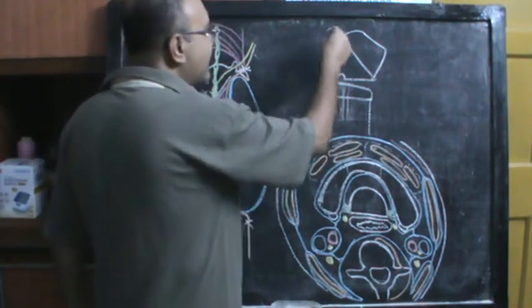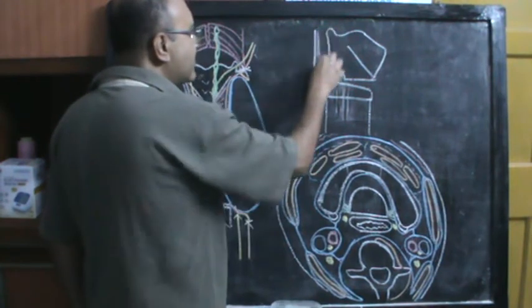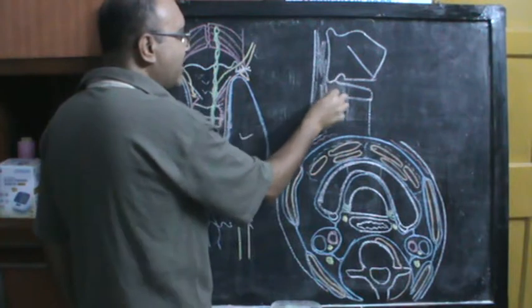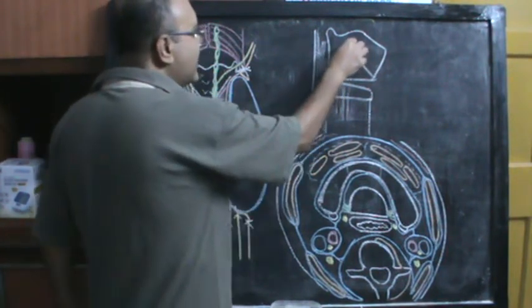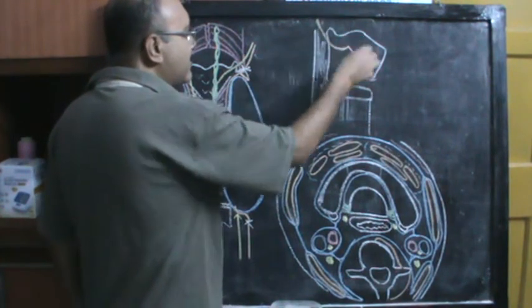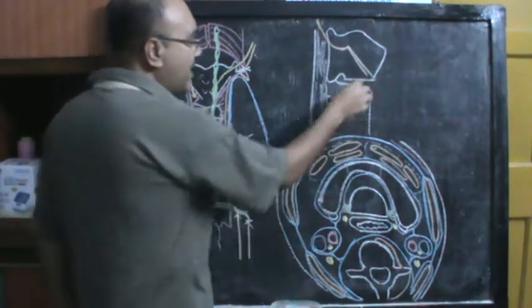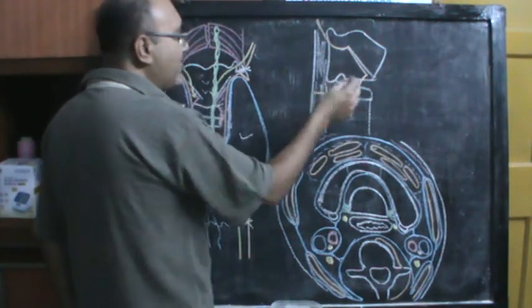So behind the trachea you again have the esophagus. So this is esophagus. This part is pharynx. And again we have said that from this point you have the inferior constrictor muscle of the pharynx. So this is the inferior constrictor attached along the oblique line of the thyroid cartilage, jumping from the thyroid to the cricoid and going in this direction.